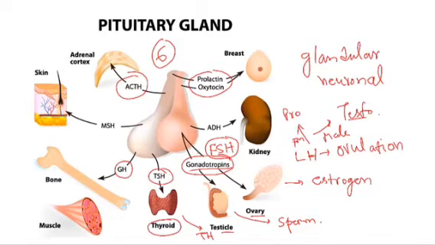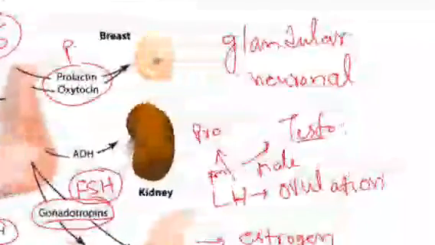Now ACTH, adrenocorticotropic hormone, targets the adrenal gland, the adrenal cortex region actually, and it causes the secretion of glucocorticoids, which are required for the stress response in our body, which we will see later. And the growth hormone targets most of the body tissues to stimulate metabolism and also for the cells to grow and divide. Okay. And then prolactin,